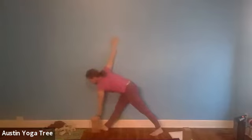So then put your hip on the wall, arms up, Urdhva. You're still facing your brick, good. And from this Urdhva, still extend your left arm forward and your right arm a little back. And then pivot from the waist and bring that left arm to the brick. And for me, it's right next to my toe, but it depends on how wide apart your legs are. So left hand is on the brick, right hip is still at the wall, right arm is straight up, and